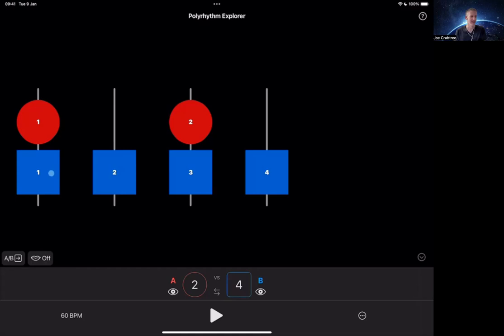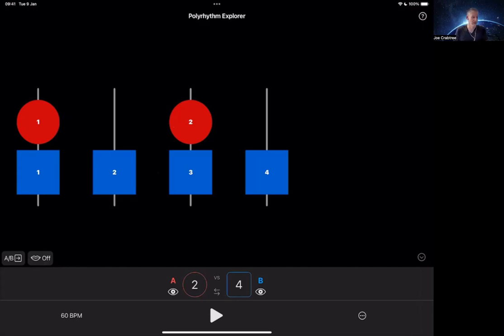Say your left hand is going to play the blue squares and your right hand is going to play the red circles. This is just a basic drum groove, hand snare kind of thing. And because all of these red circles appear on the same divisions as the blue squares, it's basically just a layered rhythm. It doesn't have the essence of a polyrhythm, which is that it's not easy to derive one from